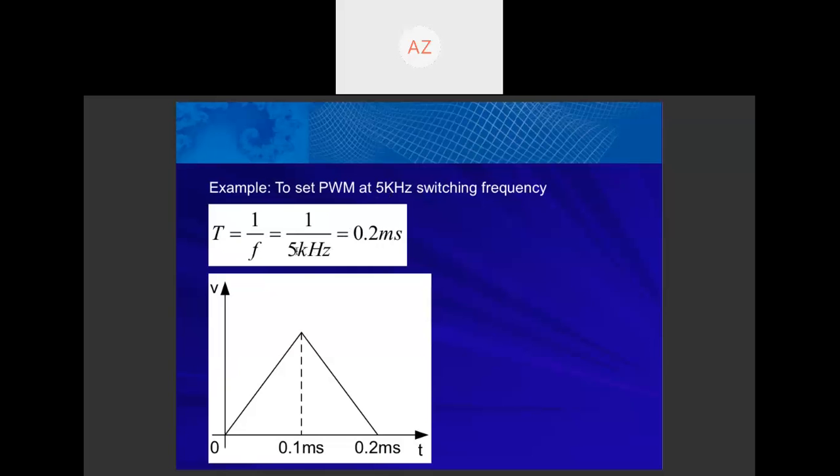You insert F equals 5 kilohertz, so T equals 1 over 5 kilohertz. This means you will get T equals 0.2 millisecond.